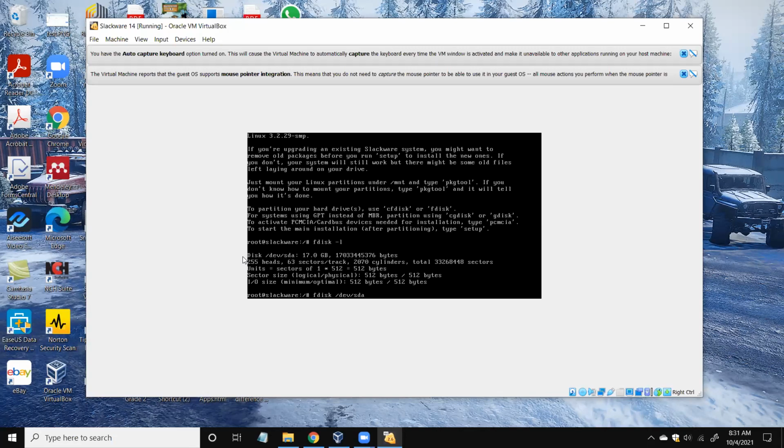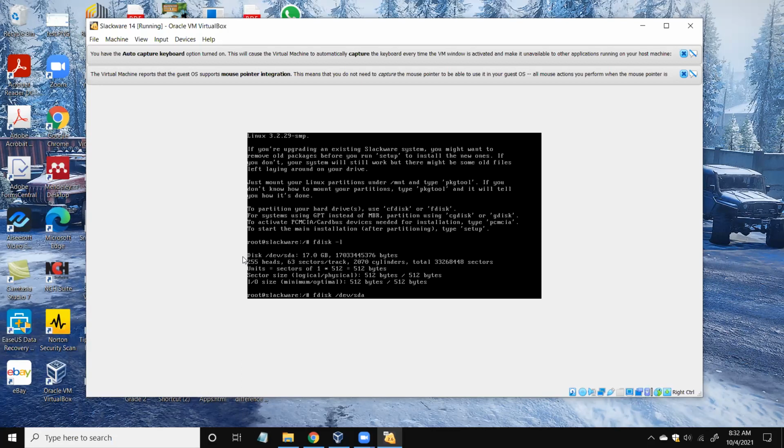When you press the tab twice, you will get the list of suggestions, right, for the command, right? So you can always use that. So I will execute the command like this: fdisk /dev/sda. That means I am going to partition the disk called sda using the tool fdisk, right?